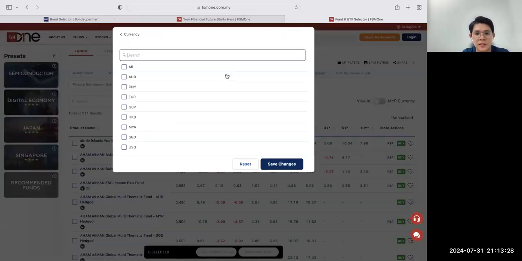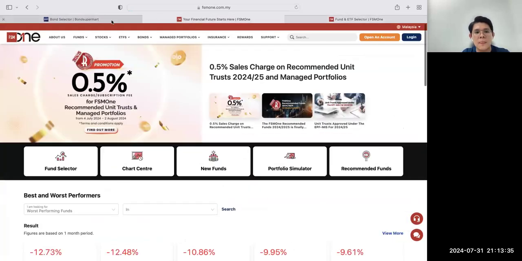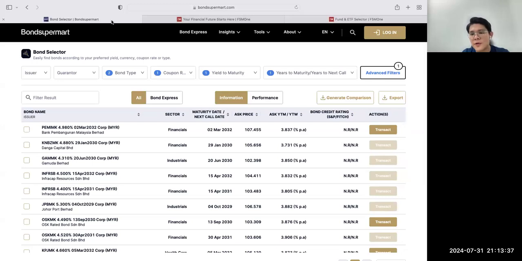There are many filters here, like asset classes. If you think that selecting a bond is very difficult, because not everyone has the knowledge to select a bond,